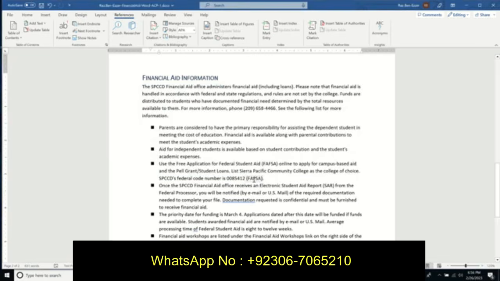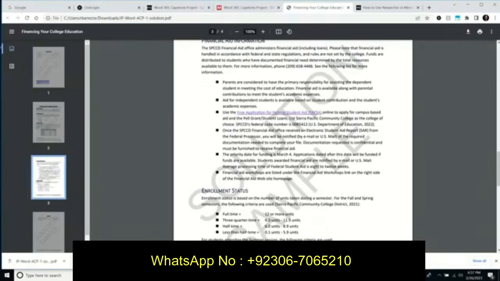And it inserts a placeholder for FAFSA. Or on Windows, there's actually a place where I can just insert a new placeholder. It's exactly the same. One or the other. You don't have to do both. The next step